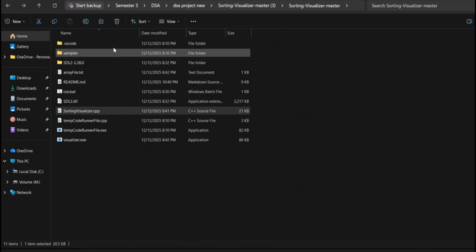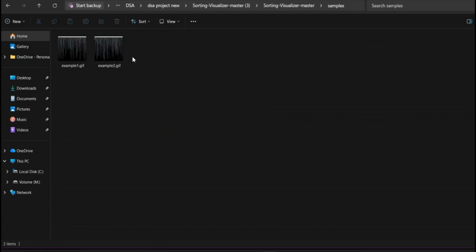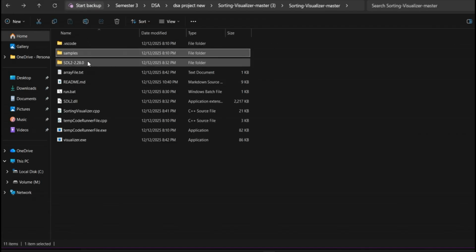First of all, this is the basic folder organization of our project. These are all the files which we have organized here. .vs, code, samples, which contains the GIF which we have stored for visualization purposes. And further we have a .txt file and the SDL2 library which we are using for the user interface and